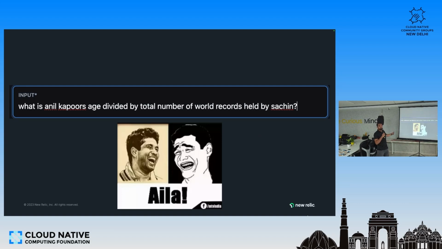What if you ask something more complex? Anyone know Sachin's famous term, ILA? So I asked a complex question: what is Anil Kapoor's age divided by the total number of world records held by Sachin? Why this question? Because I want to challenge my AI and put a random garbage question to the AI I'm building, because AI is going to replace this. So I added this question,